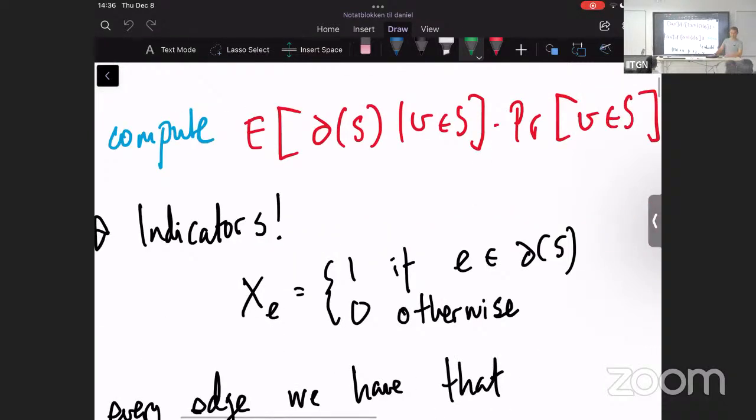So X_E is 1 if the edge is cut and 0 otherwise. And now what we're interested in knowing is, what is the probability that X_E is 1? Previously, the calculation was the same for all edges. You had 4 possibilities of what could happen with each of the 2 endpoint vertices. Each one of these 4 possibilities happened with probability 1/4, and 2 of them cut the edge. So this still happens for all of the edges that aren't incident to V. But what about the edges that are incident to V?